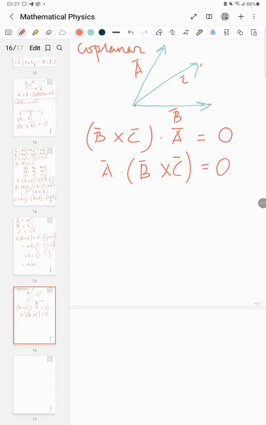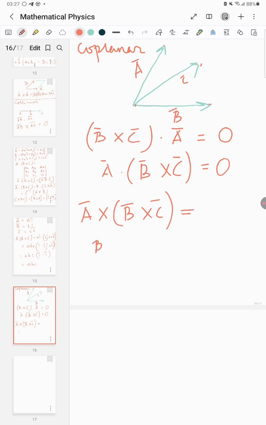Now we have almost come to the end of this topic. We'll end this particular topic with the triple vector cross product. It can be called triple vector product or triple cross product, anything. So what is it, how is it defined? Consider three vectors A, B and C, and we define A cross (B cross C) as equal to